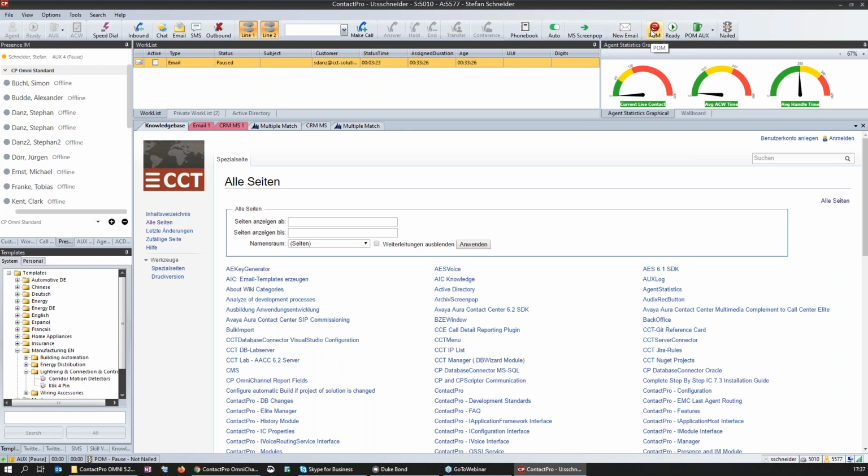So I will now end the POM feature here, and we'll just go back to another button in the client with the ContactPro Outbound. The ContactPro Outbound itself is, I would call it, a simple solution to make either preview outbound calls or to implement callback functionality into your system, meaning I have my outbound lists like in the POM that I can use for the preview, but I can also use these outbound lists